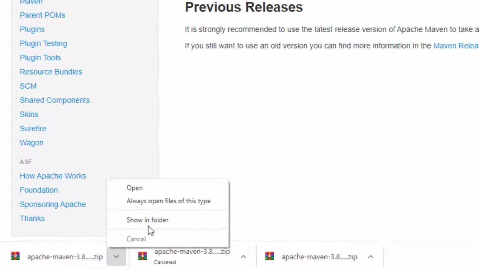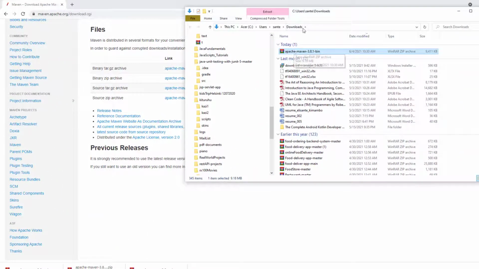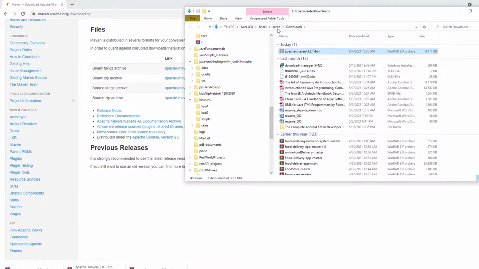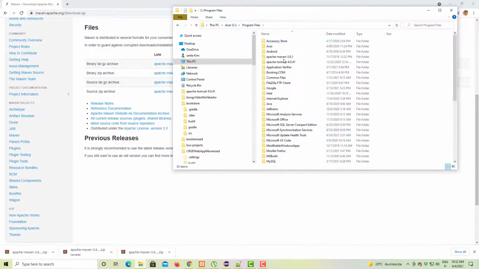Okay, now it's downloaded, so let's go to the folder where it's downloaded, and I copy this, or I cut it. Then I go back to the system Program Files, this one, and you see here we have Apache or other programs like Java. So I'm going to paste it here,